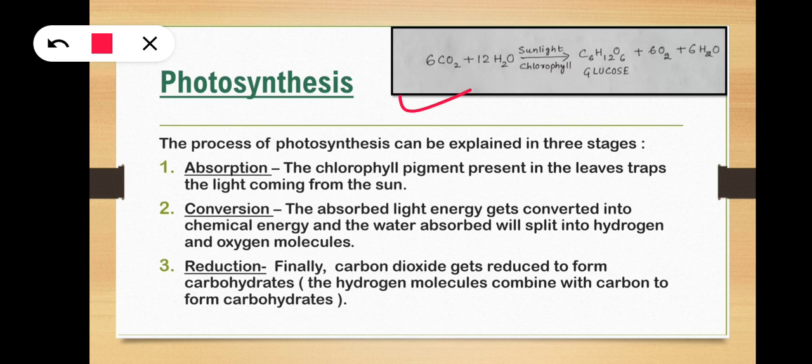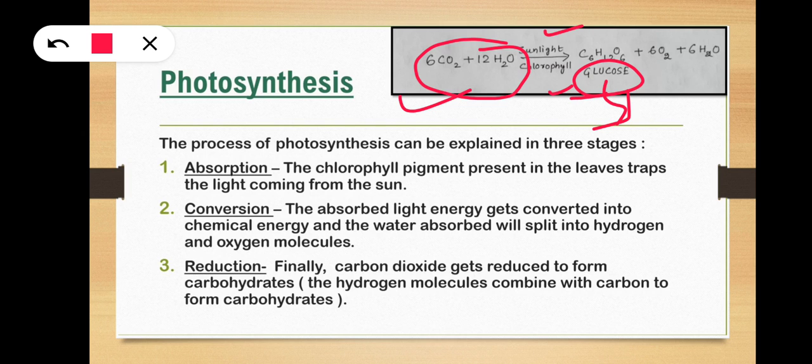We just saw in the previous slide that in case of photosynthesis, carbon dioxide and water are the inorganic materials, in the presence of sunlight and chlorophyll. They form what? They form carbohydrates. So this glucose is nothing but the carbohydrate. So in case of plants, if it is not utilized, it will be reserved in the form of starch.